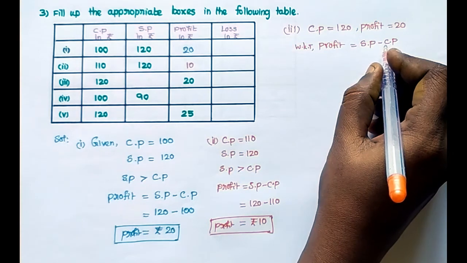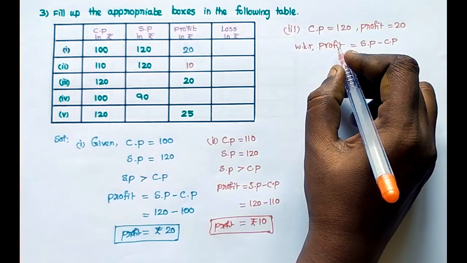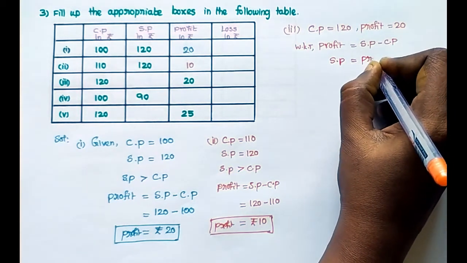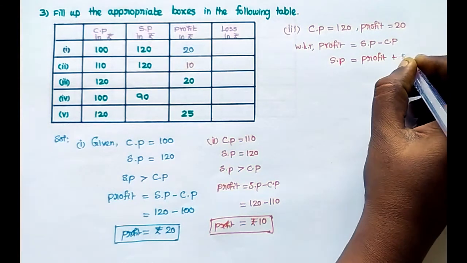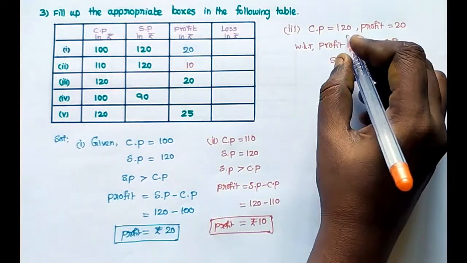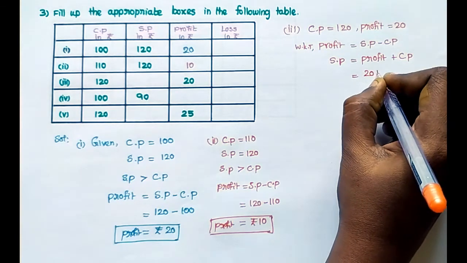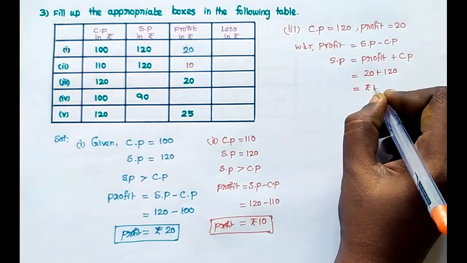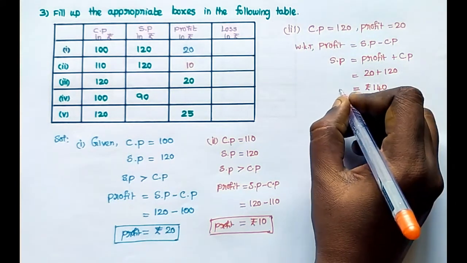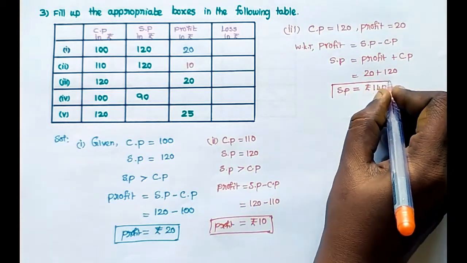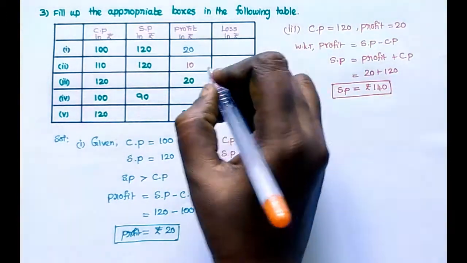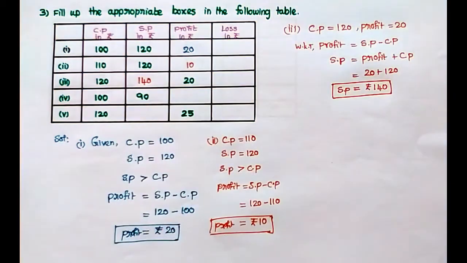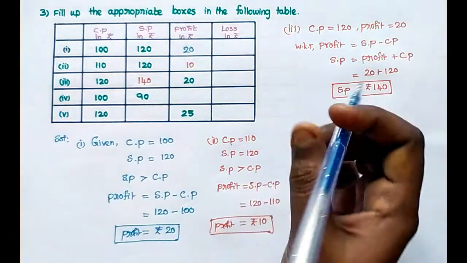So here minus cost price, bring this side means plus cost price. So selling price equals profit plus cost price. What is profit here? 20 plus cost price 120. So totally 140 rupees, that is selling price. So what is selling price? 140. Next one,